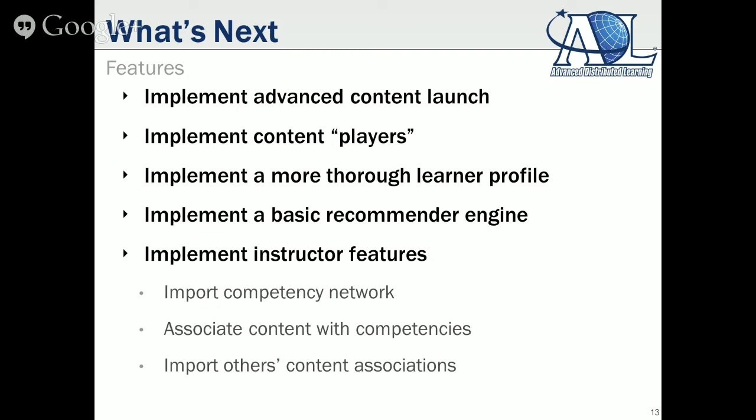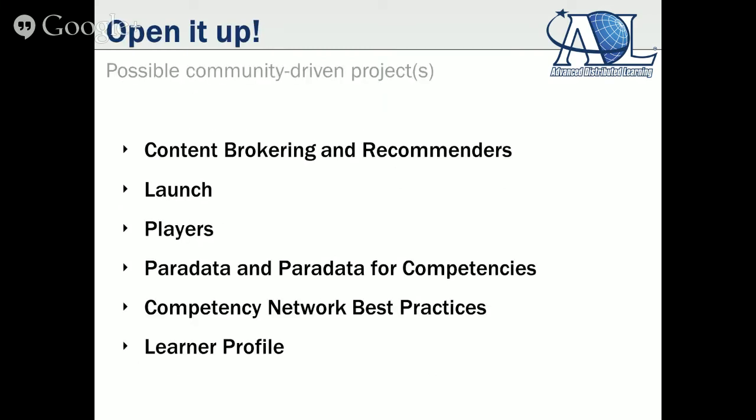So these are all proofs of concept that are coming up. And to be perfectly honest with you, some of these are already at some level of completion, just not ready to demo today in this session. So finally, if you go way back to the beginning of this presentation, we kind of had the arrow with what is this and how do projects work at ADL. We're showing you this demonstration and this proof of concept probably earlier than we would have in the past because we want to start talking about these different ideas.